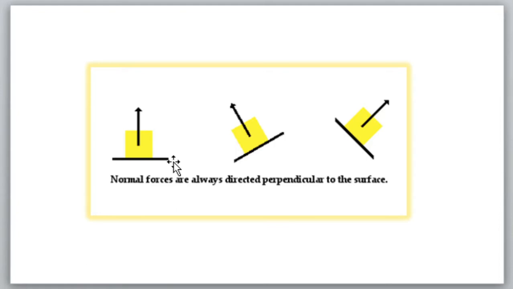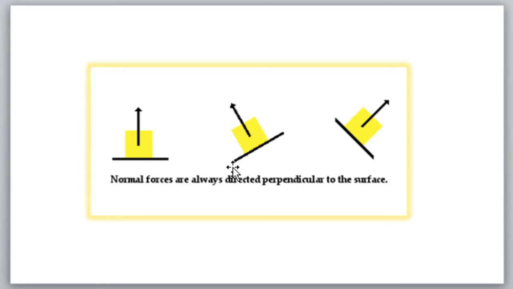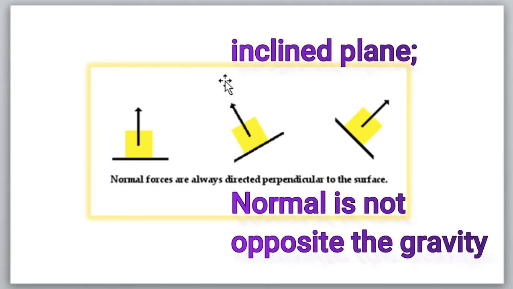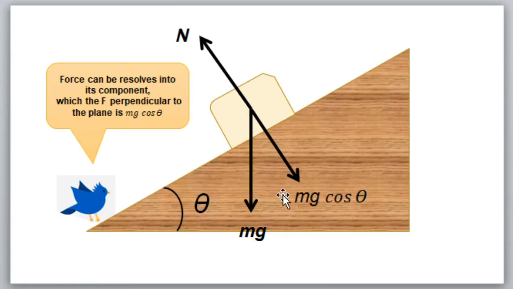So if the surface is on the ground, the normal force is perpendicular to it. But in this case, the object sits on an inclined plane, and still the normal force is perpendicular. So can we compare the inclined plane with the plane which is on the ground? It is a bit different, right? So let's continue. We learned that there are two forces, weight and normal force, acting on the